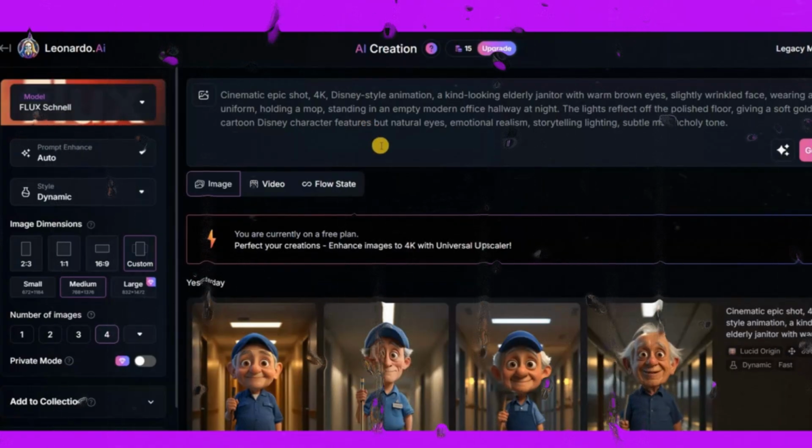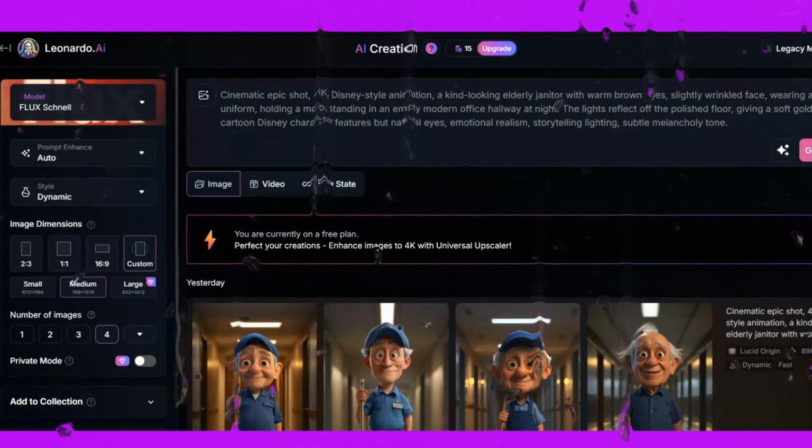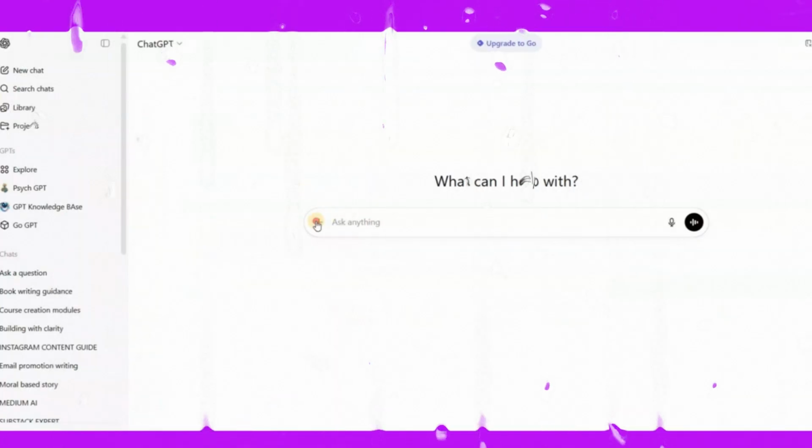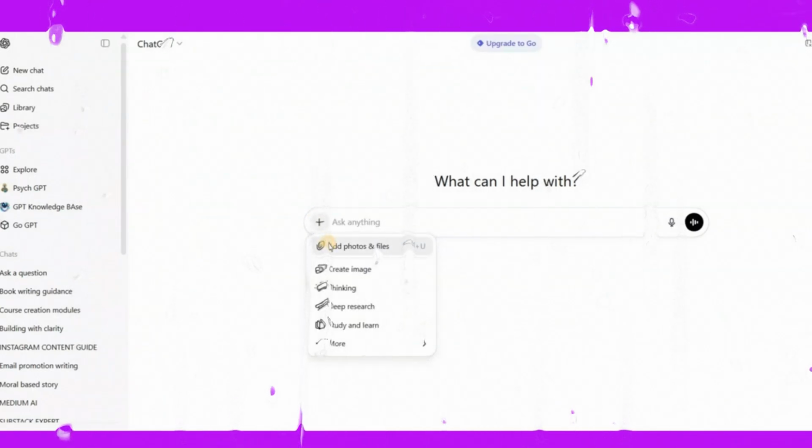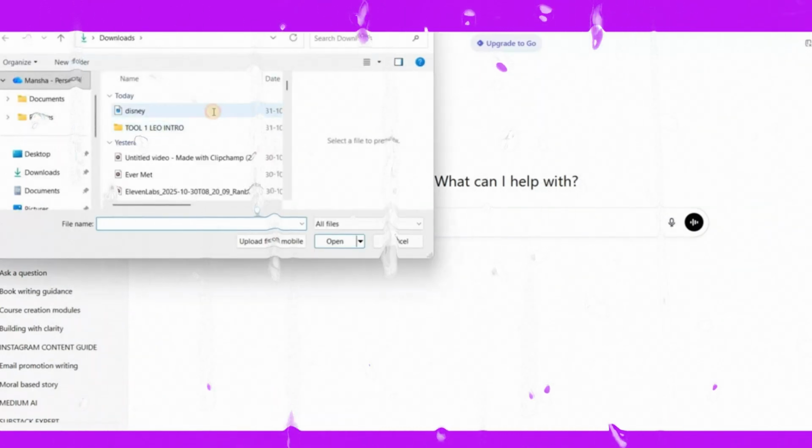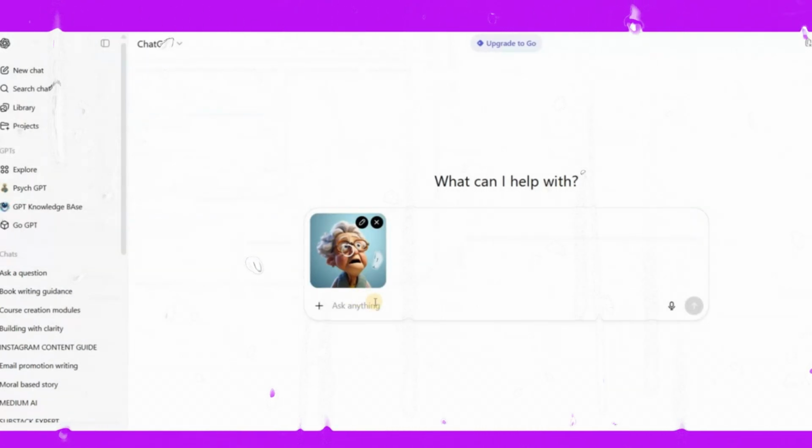So to generate an image, I need a prompt. So I'll head out to ChatGPT and I will give an image demo, an image to show how the image should look like. So I will write over here,